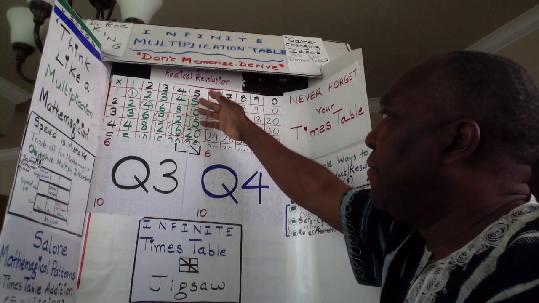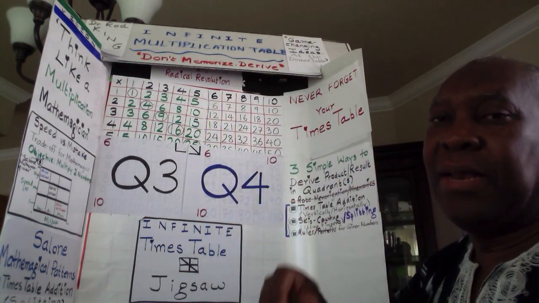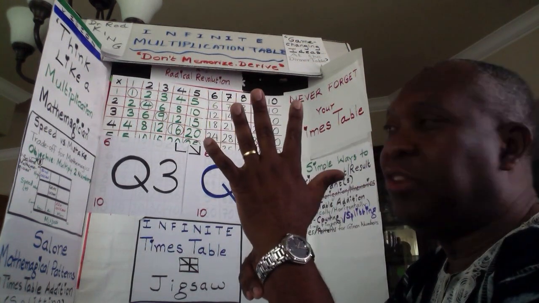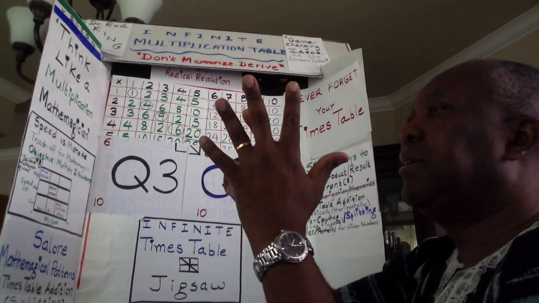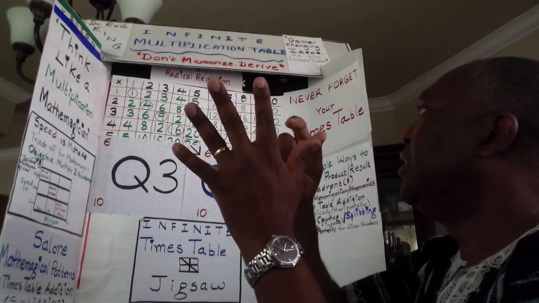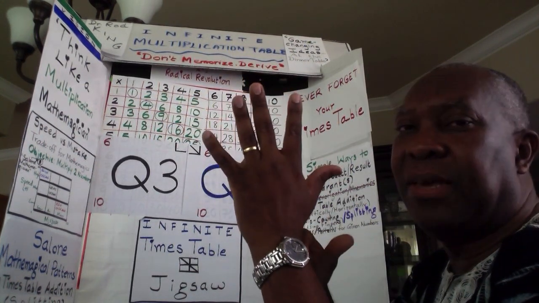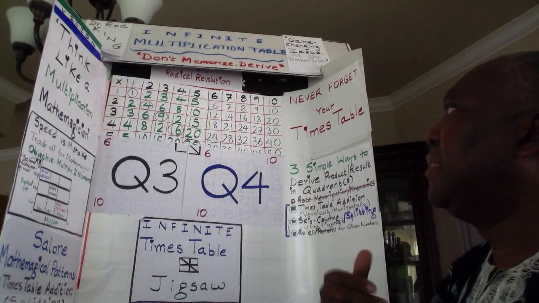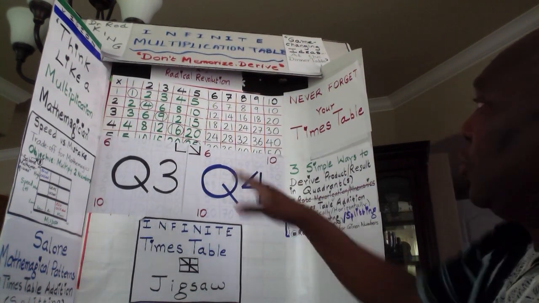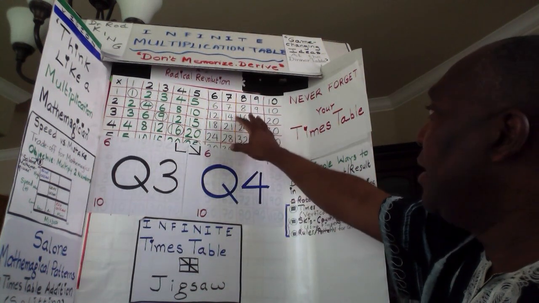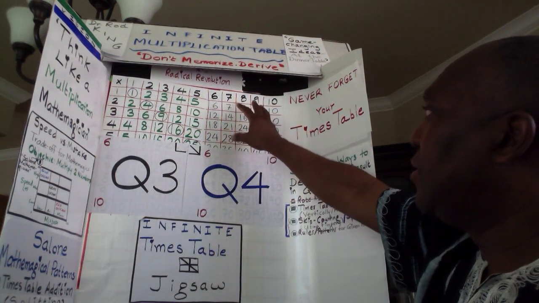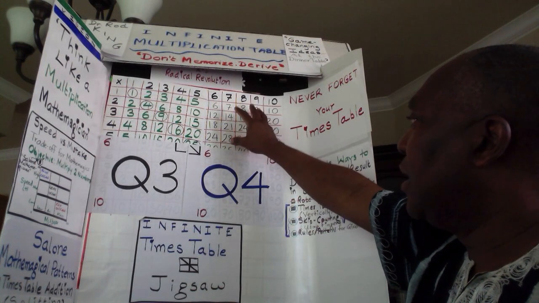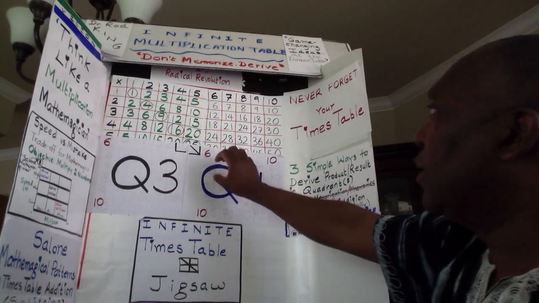And for 5 times table, you can practice that just by using your hand. So 5, 10, 15, 20, 25. It's good to have the reference of your hand because that helps you to easily remember. So what's new is deriving the content for quadrant 2, quadrant 3, and quadrant 4.